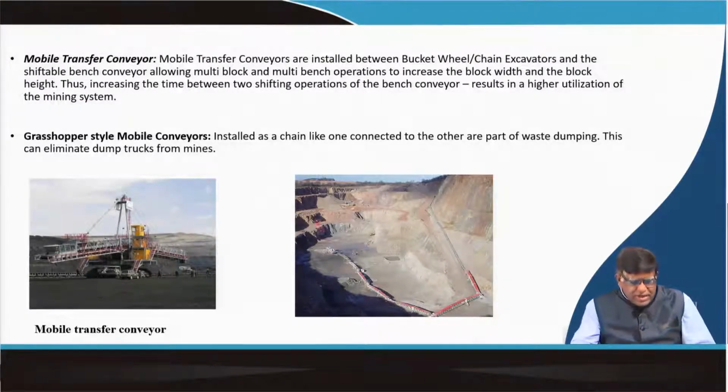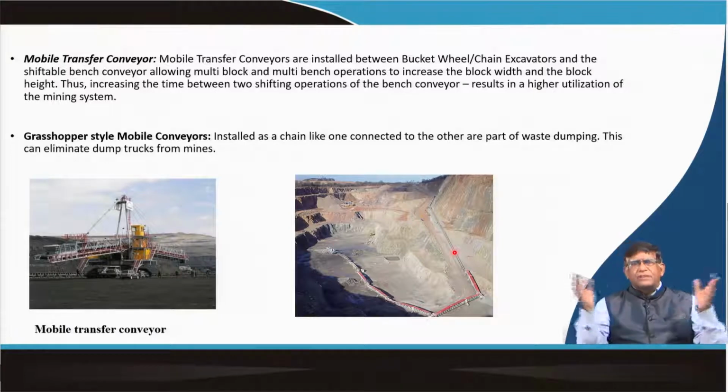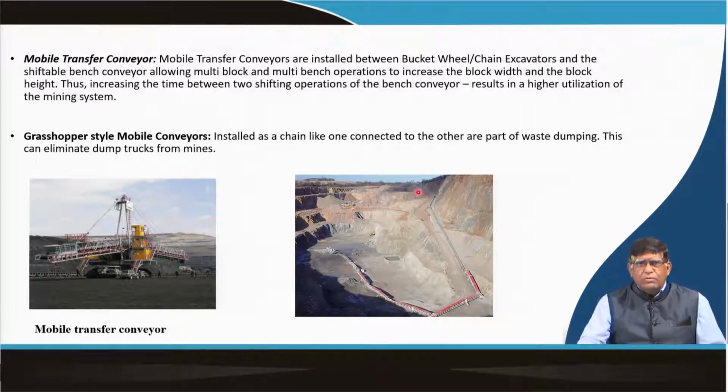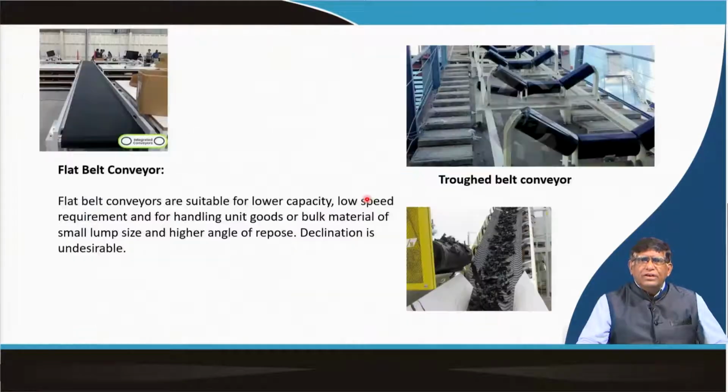Then you put them over there, and the shovel is working at this face, and a truck or a front end loader is putting the material onto a crusher, and the crusher's output is given to this series of mobile conveyors and they take the material up to here. No need of maintaining a haul road, no need of trucks, nothing is necessary. You put it over here and they will transport the material. This is a system which has been marketed by Metso all over the world and has a lot of potential, particularly in small mines and quarries.